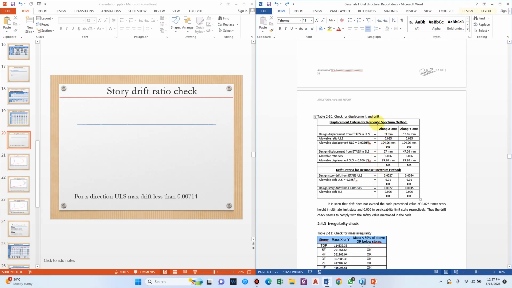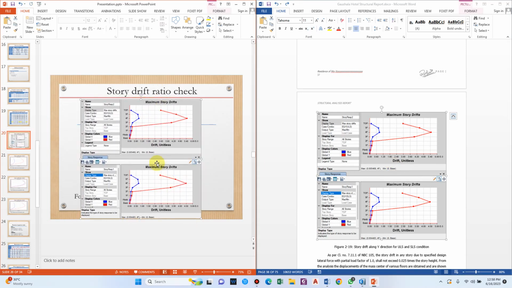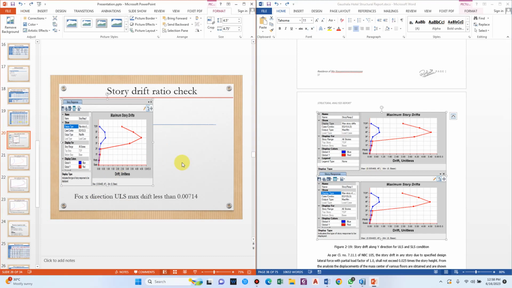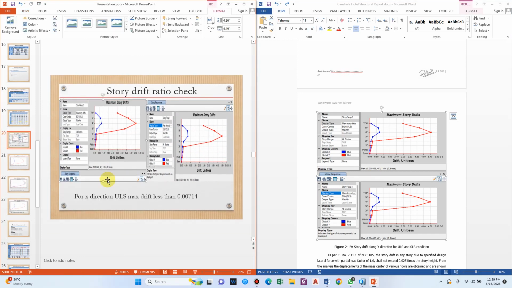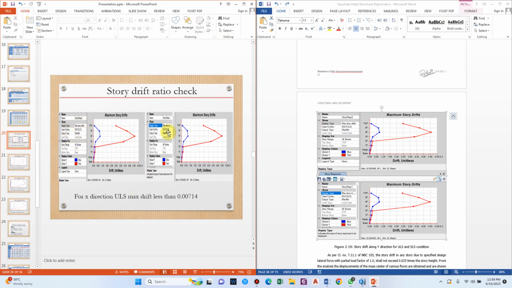So in the displacement criteria for response spectrum method, we'll check for the maximum value. So design displacement from ETABS 57 in y direction. Similarly, the design drift is greater in y direction, so we'll select the y direction only. So story drift in y direction, and see, this is for EQI ULS, this is EQI SLS. Maximum story drift, maximum story drift. These are the values 0.0054, 0.004483. So for y direction,